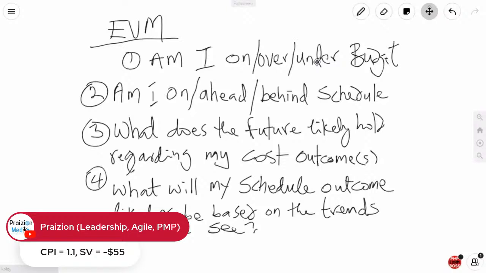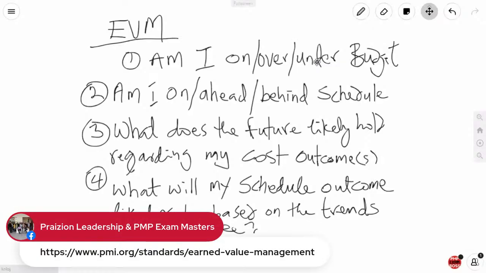But beyond that, going deeper into TCPI and EAC is voluntary. It's a matter of choice. And then you've got to look at the standard for earned value management from the PMI that I put in the chat, this link over here. You can go download it. If you're a member of the PMI, it's free.